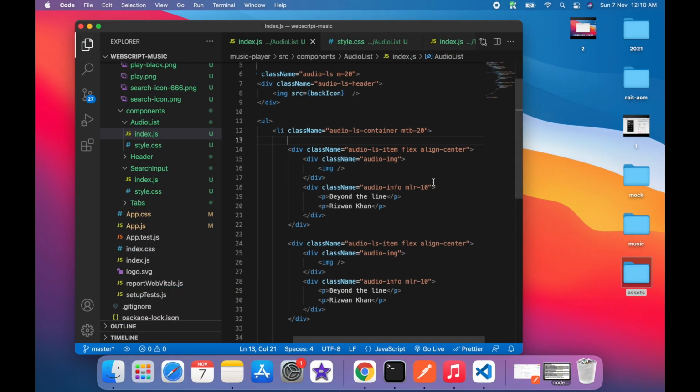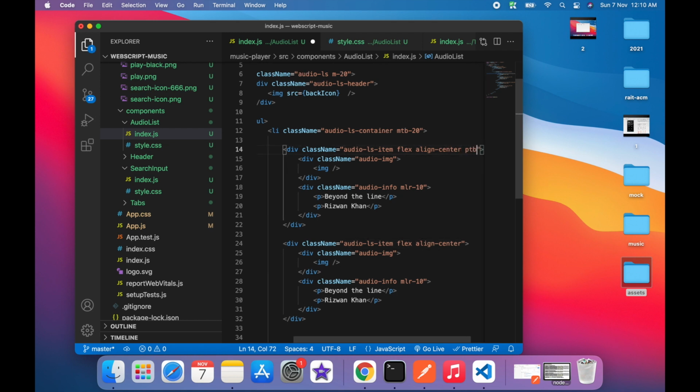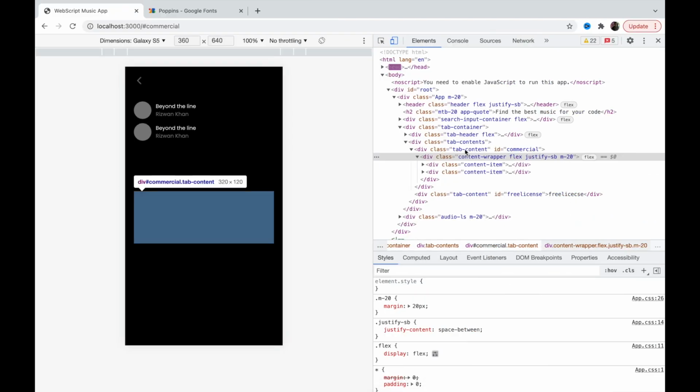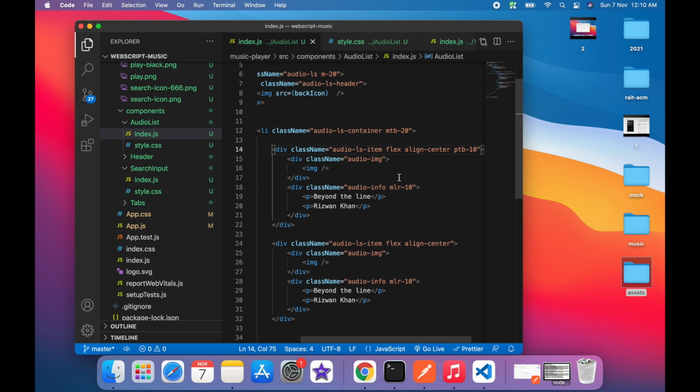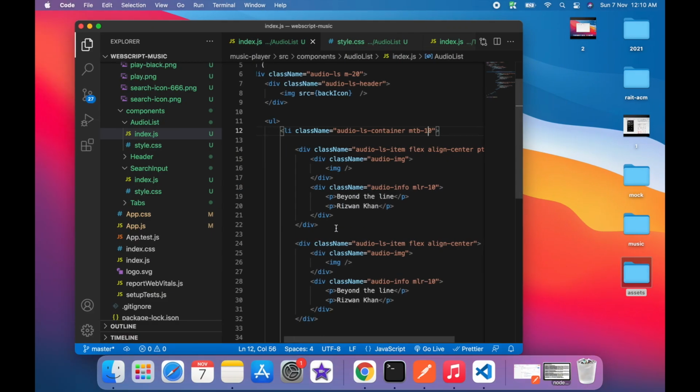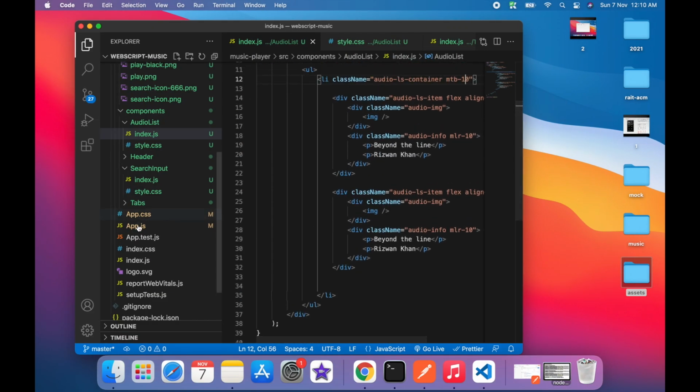So here we'll use padding from top and bottom 10, from left and right 0. And this is looking nice, but we have to decrease this one now. And this is cool. Okay, so these all are the items. We'll click on this and this will be selected. We have to create the music player, but before that, when we click on this back button, this screen will go down. Okay, so we'll go to that app.js file